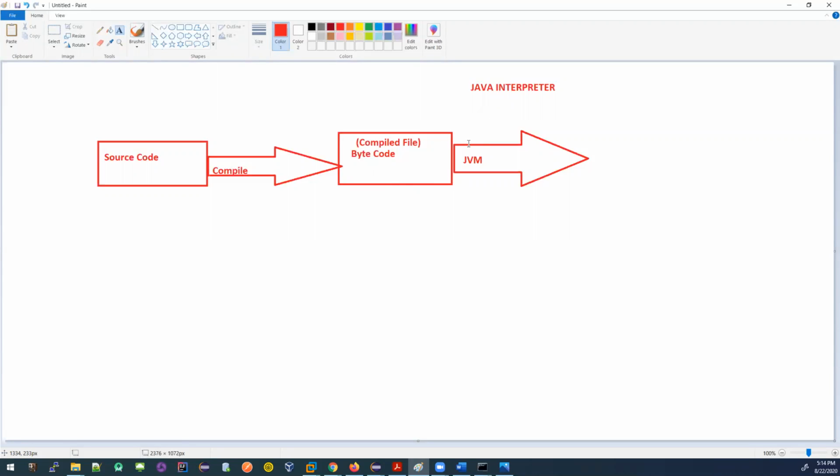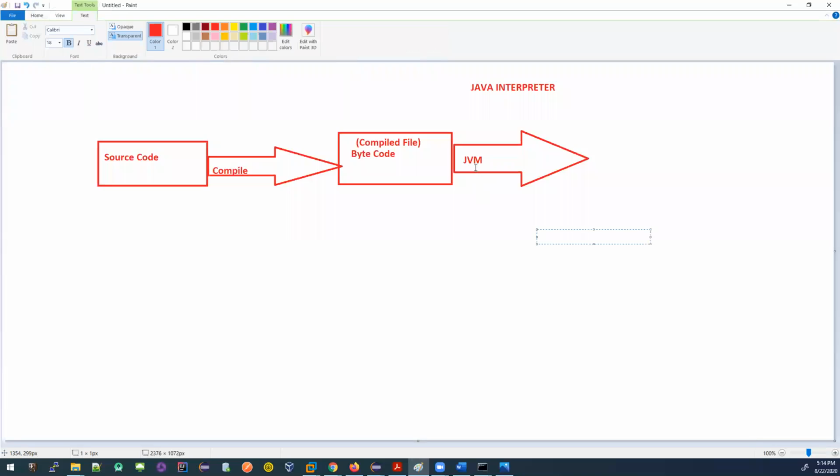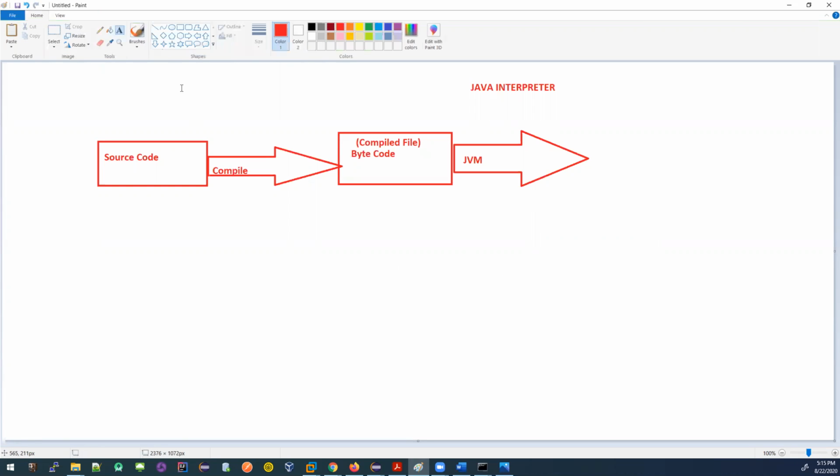It will allocate some memory for the methods and lots of other things that we'll learn in future. It will take care of everything, including the verification of the code: whether the code is right or wrong, whether there is some error or not. If there is a problem, this is basically a runtime thing. That means when you want to run your Java, this thing comes into the picture.